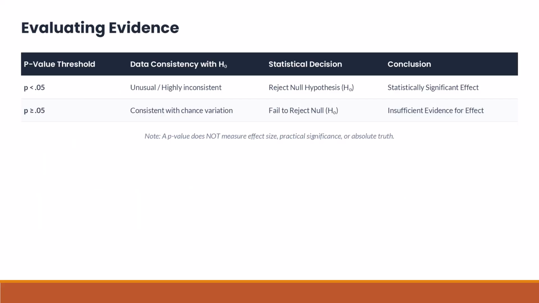In the social sciences, we typically set our significance cutoff or alpha level at 0.05. As shown in our stress and depression comparison table, when the p-value falls below 0.05, we reject the null hypothesis and declare the difference statistically significant. If p is 0.05 or greater, we fail to reject the null, meaning chance variation cannot be ruled out.